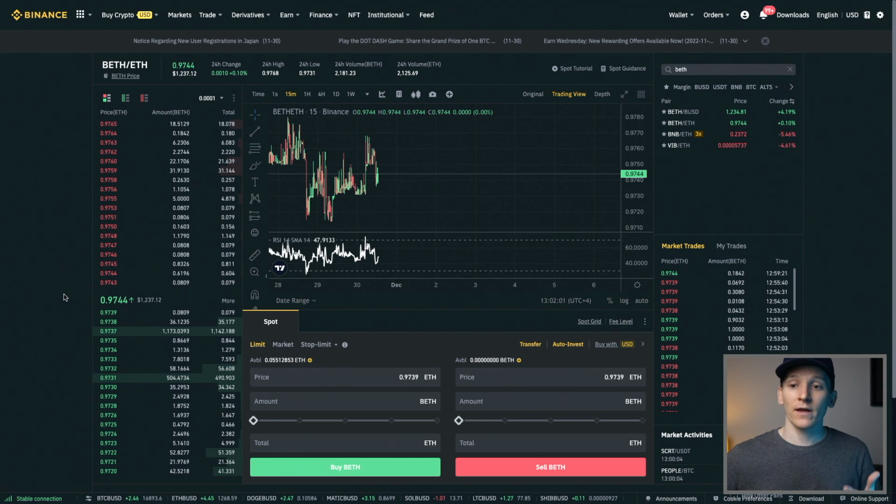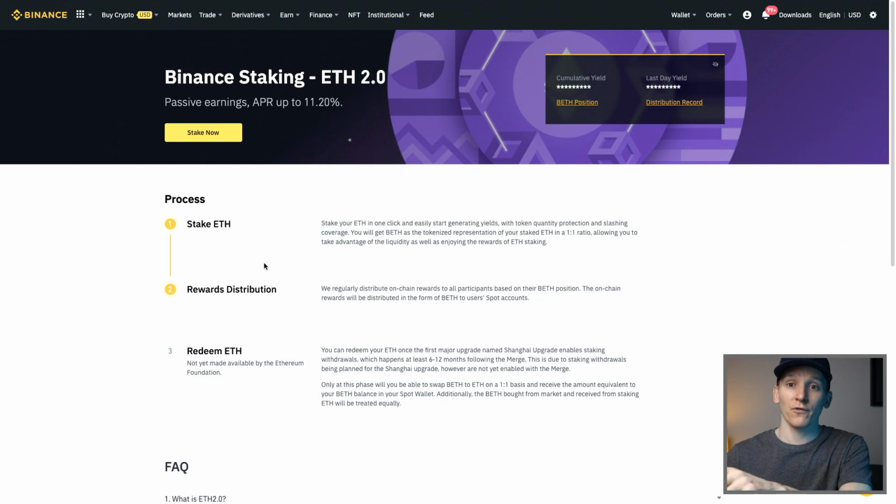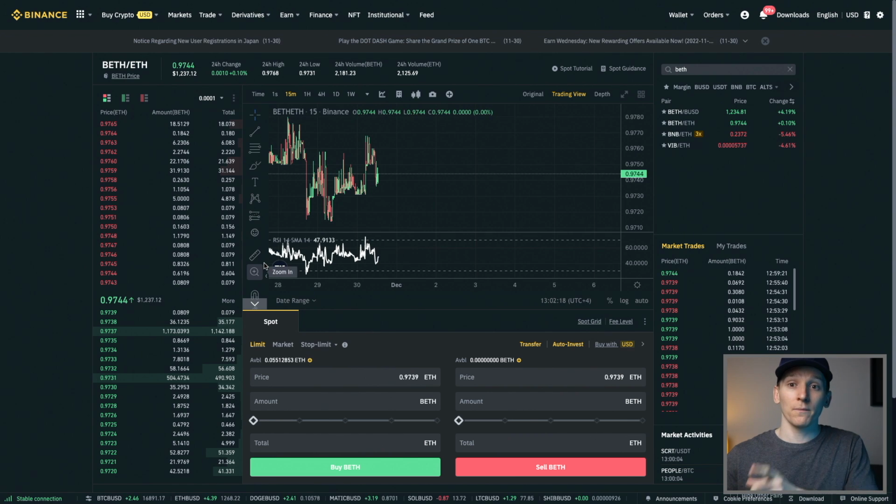So there's 0.9744 BETH for every 1 ETH. So you're actually making almost 3% as a difference there. Now, if you're investing large amounts, that makes a lot of difference compared to this, which is 1 for 1. What I would go and do is just buy the BETH directly in the open market and then accrue those